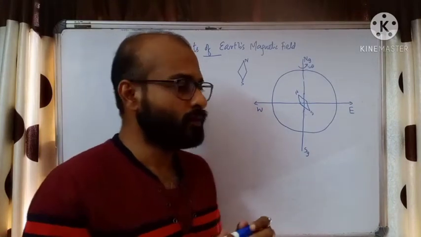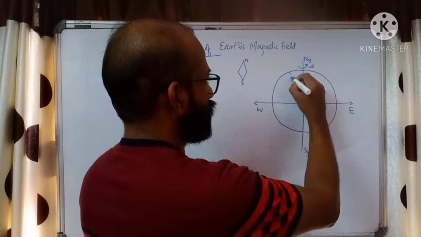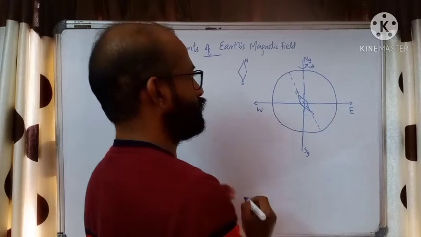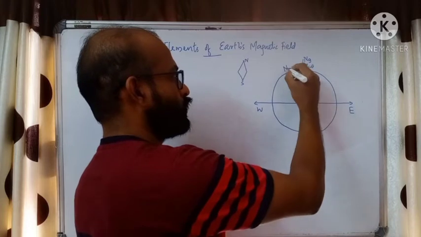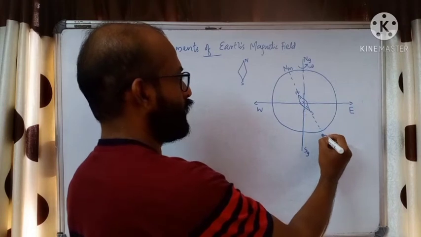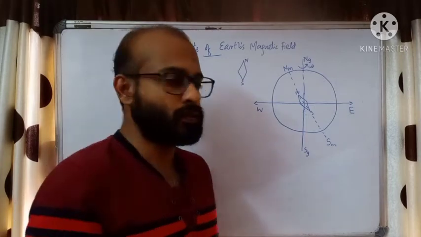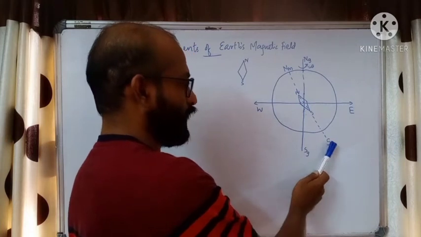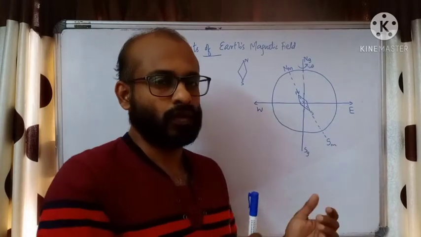And what does it indicate? This is the direction of Earth's magnetic field. I can draw a line like this. This is the direction of Earth's magnetic field indicated by the compass needle. So this north pole is called the magnetic north pole of Earth's magnet. Here I can say it is the magnetic south pole. We can indicate it with M. So there are two poles, magnetic north and geographic north, geographic south and magnetic south. So it is making a slight angle from the actual geographic north and south.